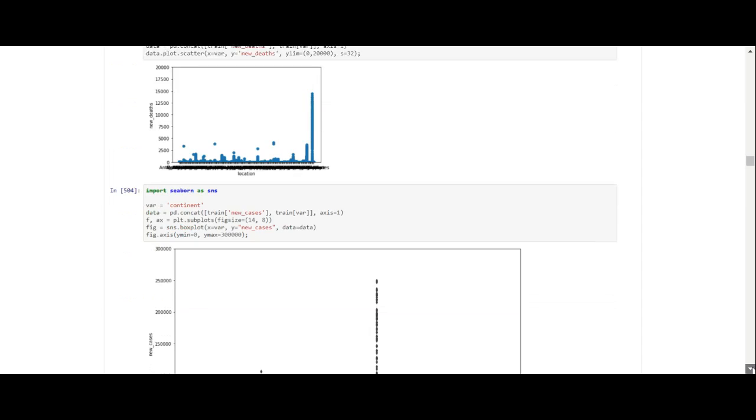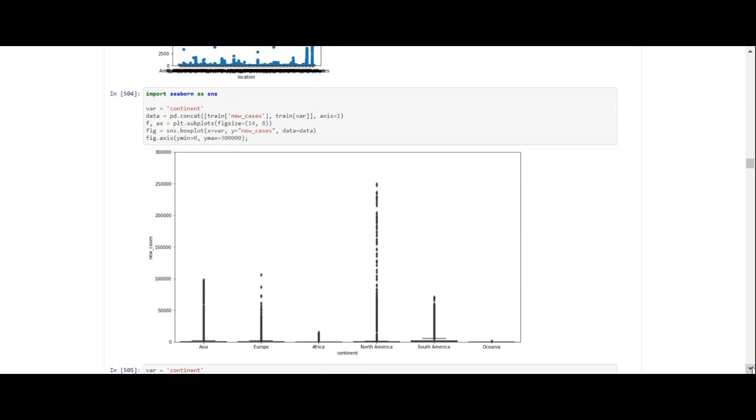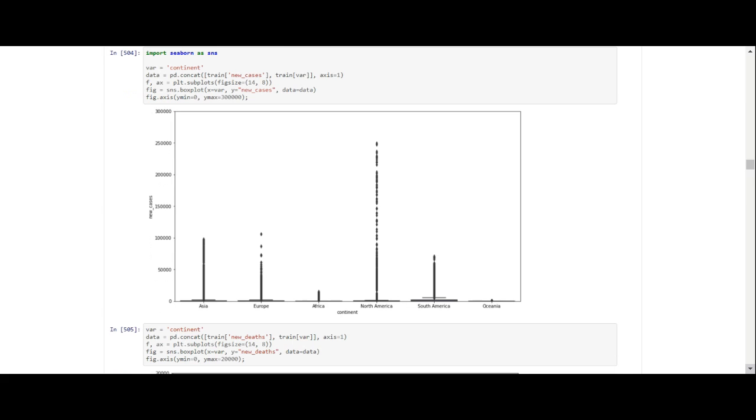Now what we've done is a box plot based upon the continent, so you can see the different continents. You've got Asia, Europe, Africa, North America, South America, and Oceania. So we've got the most cases of COVID-19 in North America, but I suspect that's because they're doing the most testing.